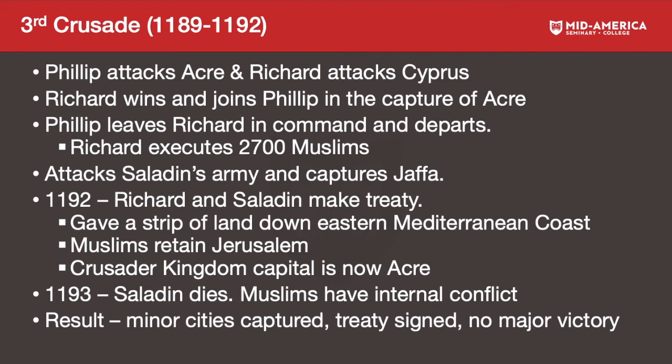So the result of the Third Crusade was that there were minor cities captured, a treaty was signed, and there was no major victory. They did not kick the Muslims out of the Holy Land. So even though it's a famous one, and this is kind of like Richard the Lionheart, you might think in your mind, Robin Hood, King John, that kind of an idea or time period, and it becomes very romanticized in movies. The Third Crusade had limited success, but as it says there, a treaty was signed, and then no